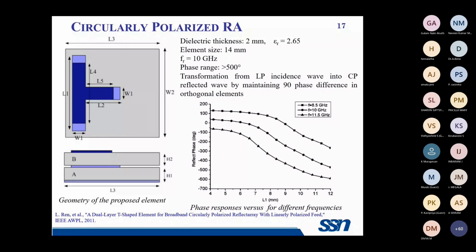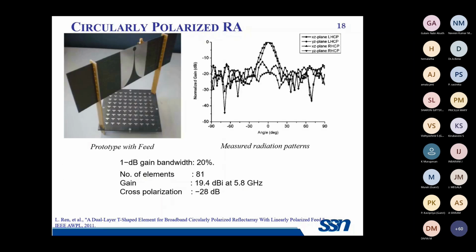So for converting the linear wave into a circularly polarized wave, how they achieve this is by placing this feed. The feed they use is a linearly polarized one. So this linearly polarized feed is being placed in a diagonal manner. So if one half of the reflector array elements in the x direction have a phase variation of phi, the other part, the one in the y direction of the aperture, will provide a phase variation of phi plus pi by 2. That is the orthogonally polarized wave. So in such a manner, the feed is being placed here.